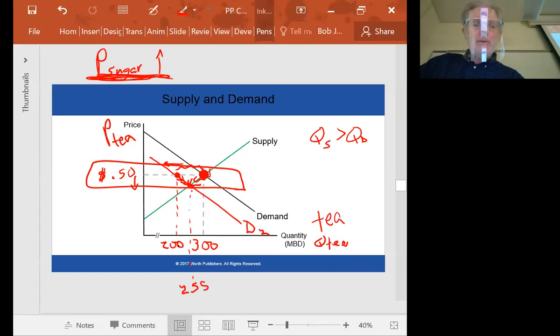The difference between those two would be the amount of the surplus. Okay? So we're reading the numbers from down here. What we represented up here is just the horizontal difference between those two. Okay? It works the same way whether you're looking at a shortage or a surplus. All right, what if